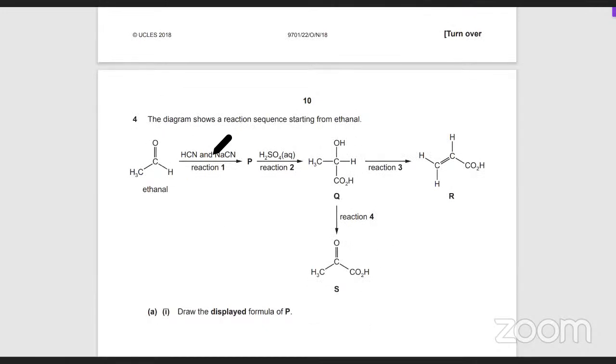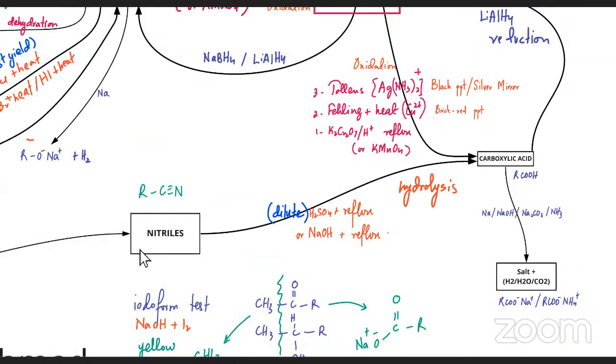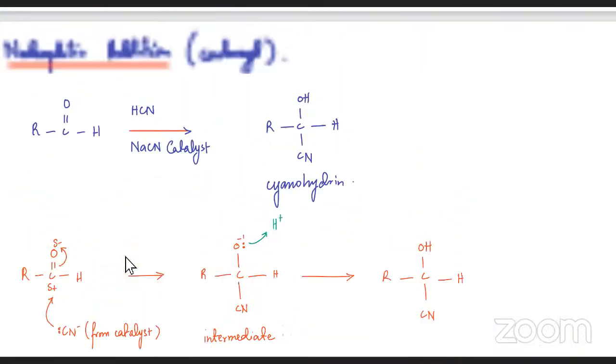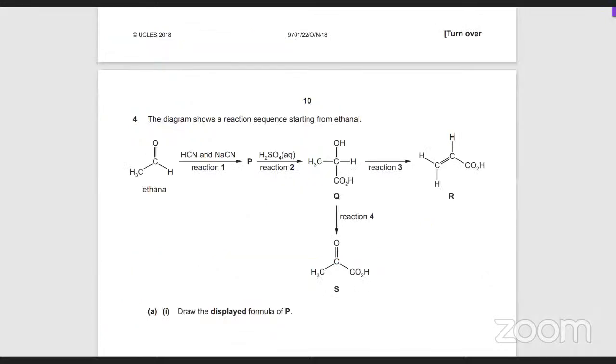कि अच्छा, you've got an aldehyde, HCN और NaCN के साथ क्या होता है? It's a nucleophilic addition. ठीक है, so you're going to have nucleophilic addition, जिसके अंदर the carbonyl group will turn into an alcohol and a nitrile at the same time. So it's this reaction that the CN will get attached to the carbonyl carbon. So the O will get attached to H at the top and the CN will get attached at the bottom. So ये reaction आपके पास आ गया, ठीक है? So this thing will turn into